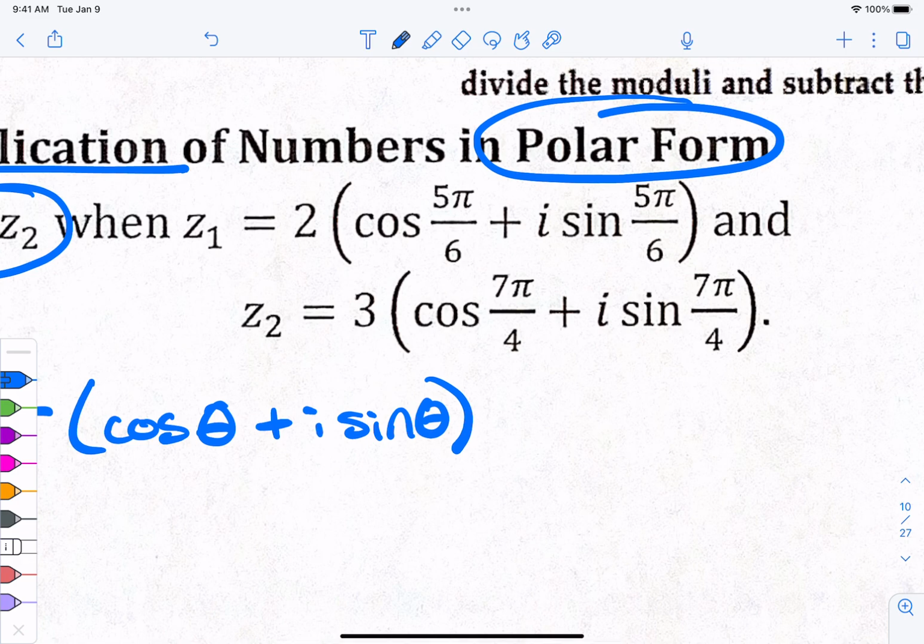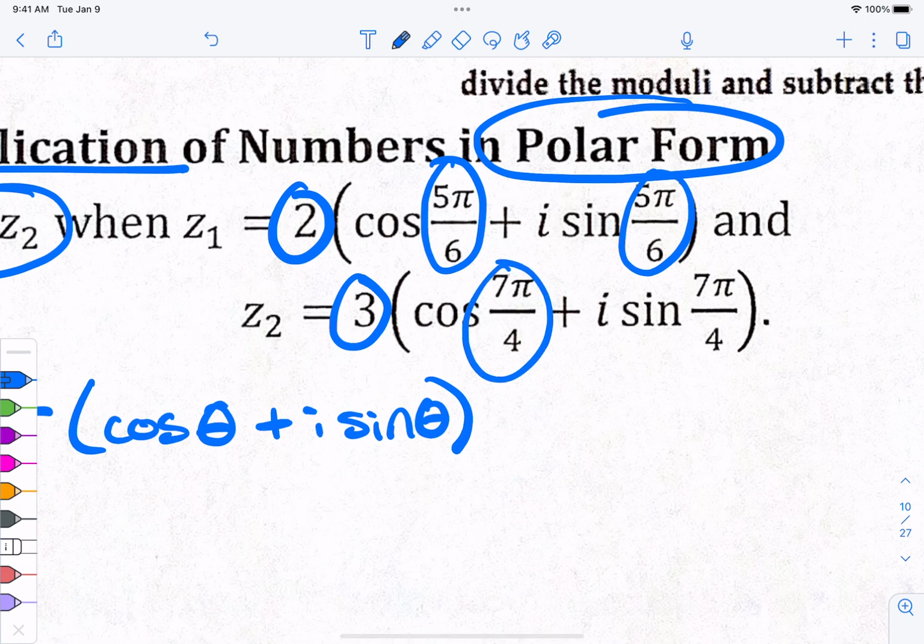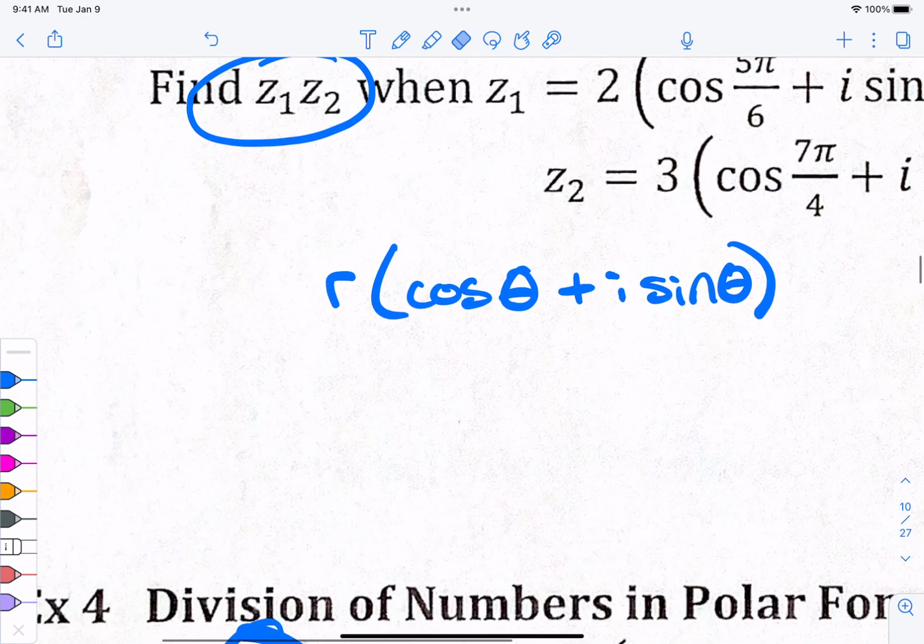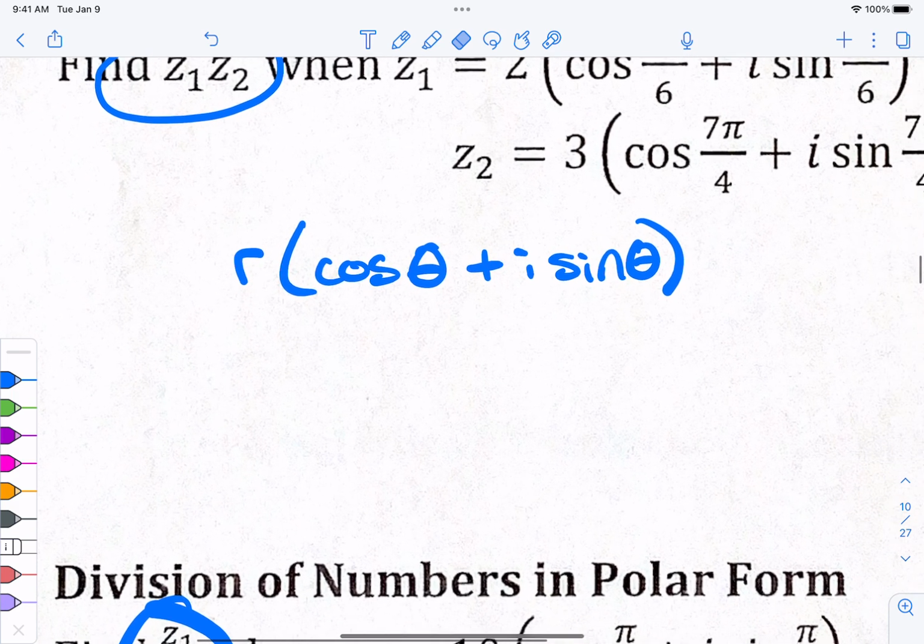Z1 times Z2. Okay, so the R value for Z1 was 2. The R value for Z2 is 3. You see that? And then the angle for Z1 was 5 pi over 6, and the angle for Z2 is 7 pi over 4. Got it? Here is how you multiply. Blink and you miss it. This is easy. Okay? So to multiply,